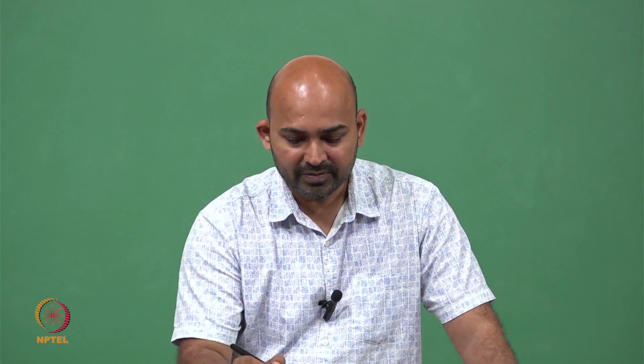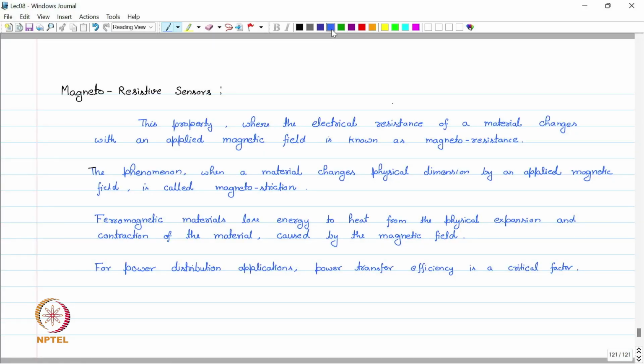So we have a nickel iron alloy, which is nothing but nickel 81 and iron 19,